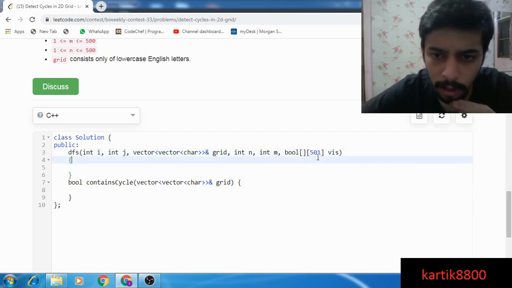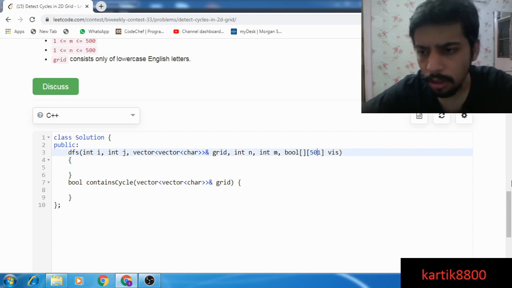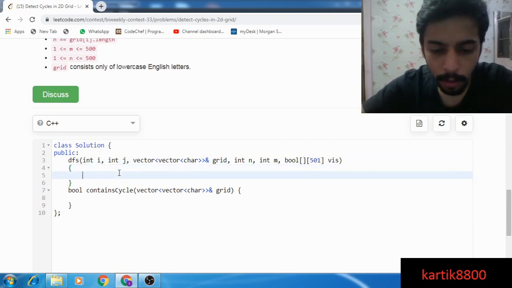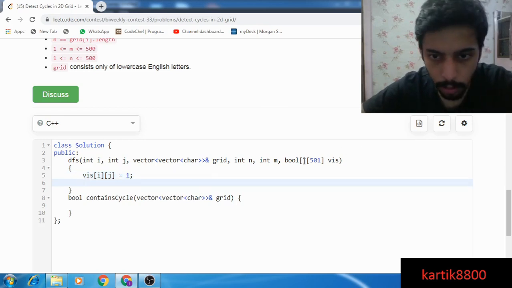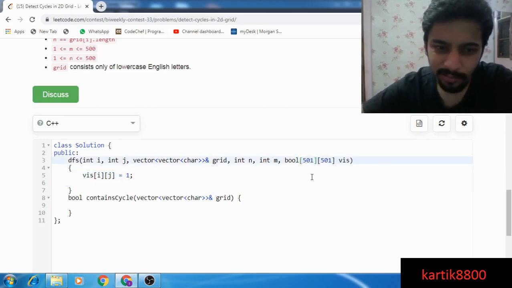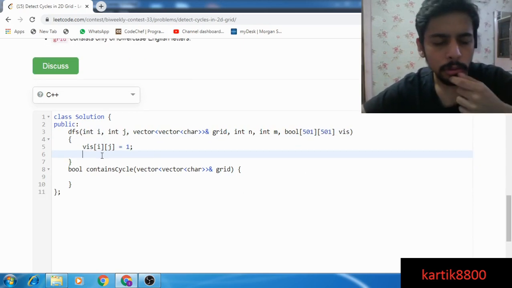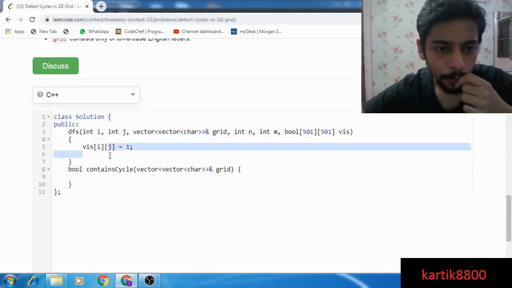Will it cause me trouble writing a 501 here? I don't think so, to be honest. It should not. So i, j, first of all, mark visited[i][j] equals true. In fact, let me just have a 501 visited array throughout. So I mark it visited.